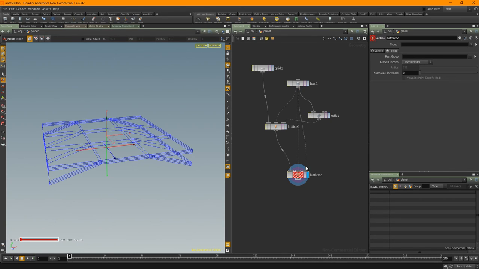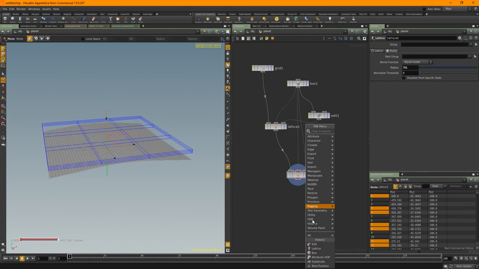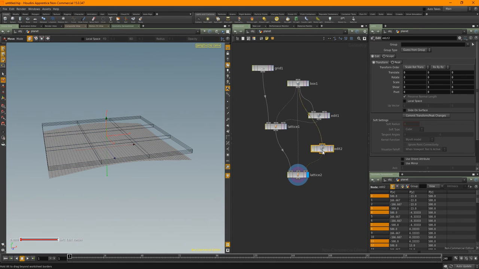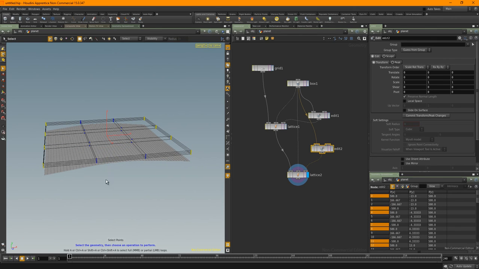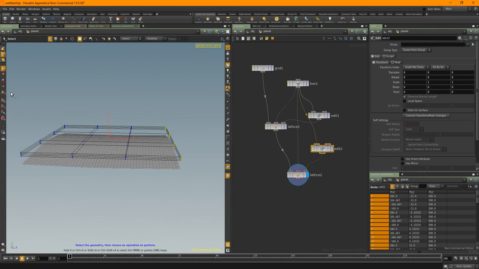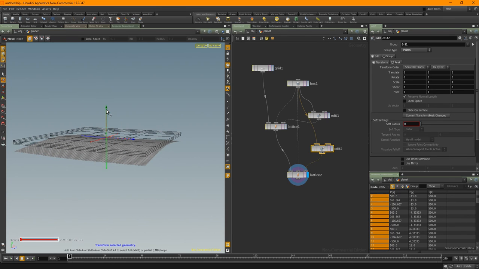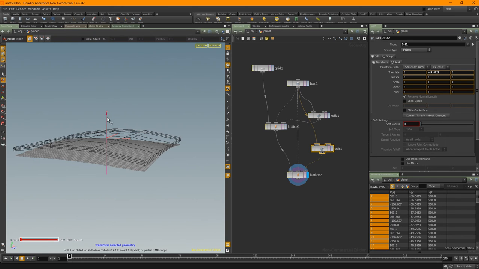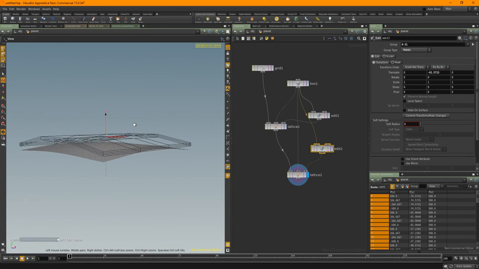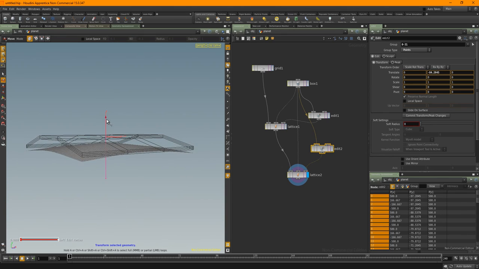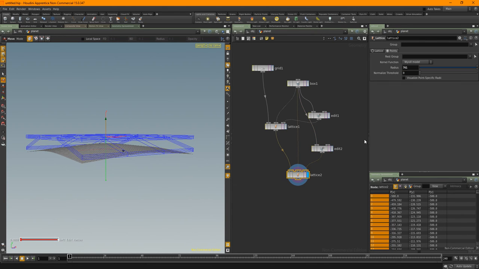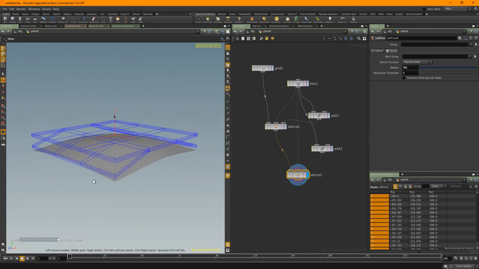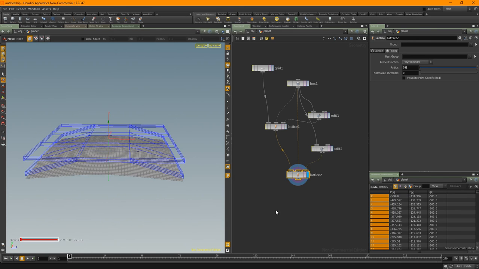So I'll put the box back in there. Again, I'm going to drop edit on here. Obviously I'm going to select points on the opposing edges, like so, and hit the T key. And again, I'm going to pull this down so it kind of matches the elevation of the other box. And as you can see, it's working straight away, and that's because we copy and pasted it. We've already got the radius value from the previous one, so that's okay.